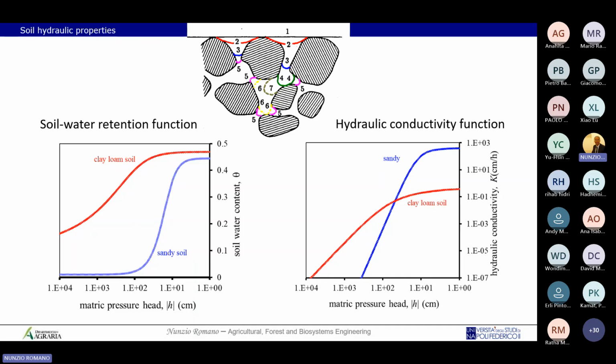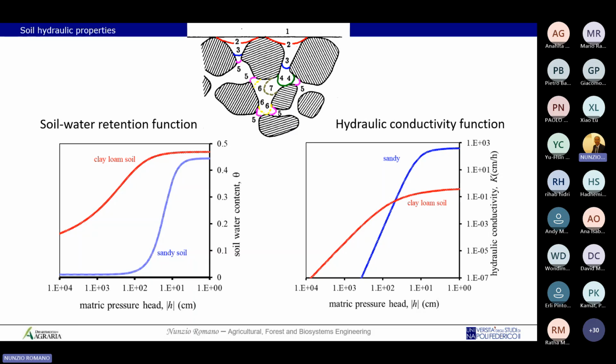So the texture and the structure of the soil are very important information to understand the pattern of soil water, the soil hydraulic properties. And you can see how the water content and the hydraulic conductivity change as the matric potential changes. And you can understand